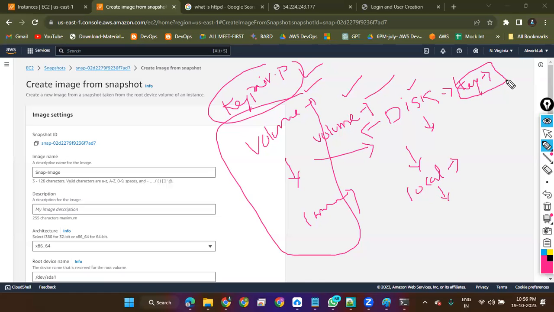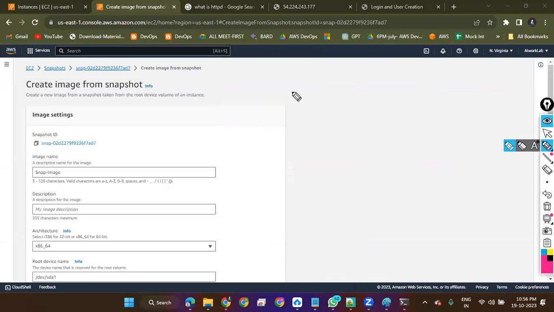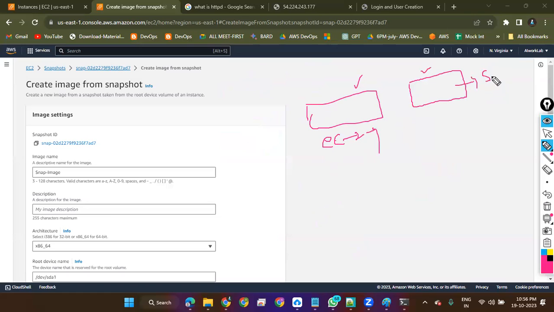So an extra volume, we keep this key and we apply it on the local. Here, what I'll do if I lost the key pair, this is my EC2 instance. I'll create a volume. This volume also I can have a snapshot of. So the key pair which I am using, ABC.txt, I'm using here also ABC.txt. So I will have a snapshot here, a copy, a backup with the same key pair.